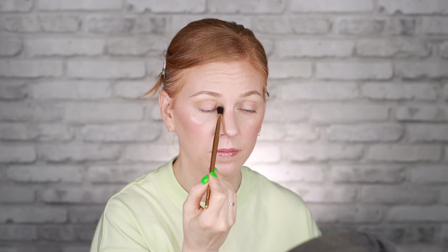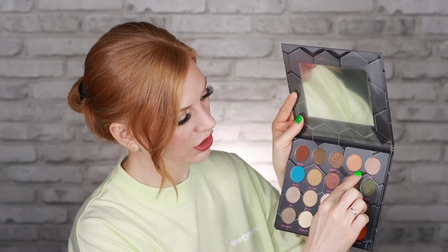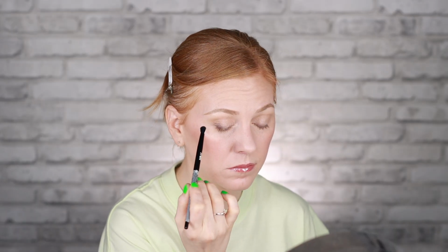I put this color Oliver in my crease. It's not super pigmented, but it might just be really close to my skin tone color, so okay. And then I put this color Edie all over the lid. I deepened up the outer corner with this color Ryan, only in the outer corner. And my lower lash line, I dipped into Luis and Andrea, because I do love a bronzy tone for lower